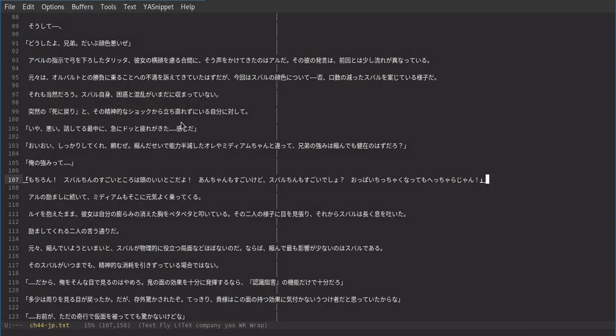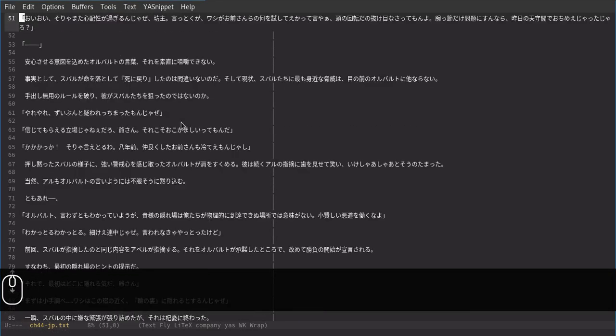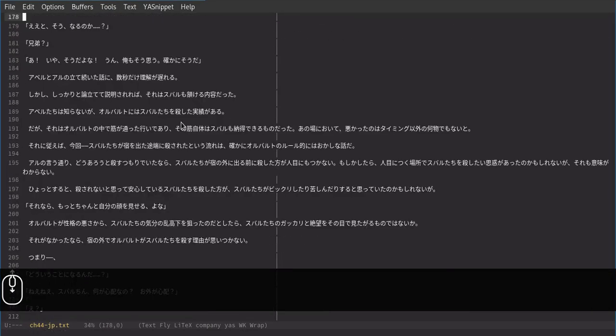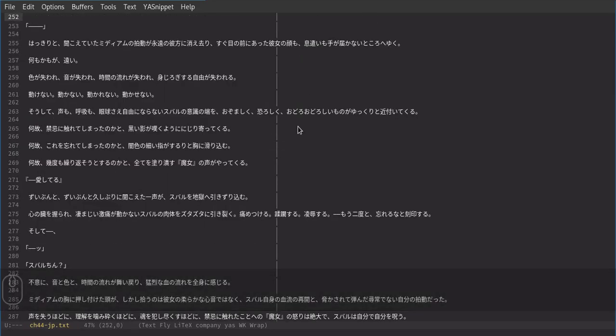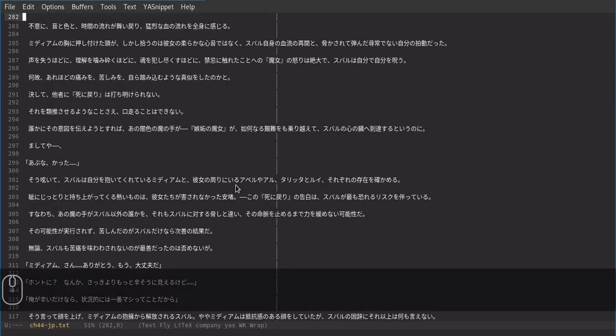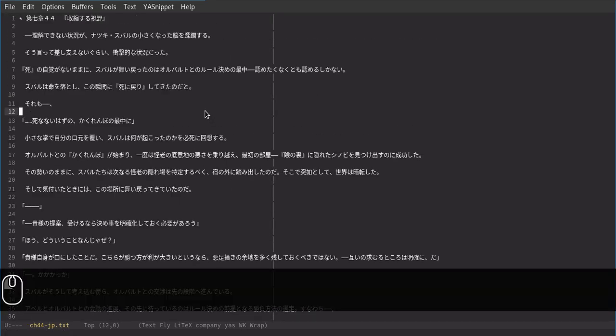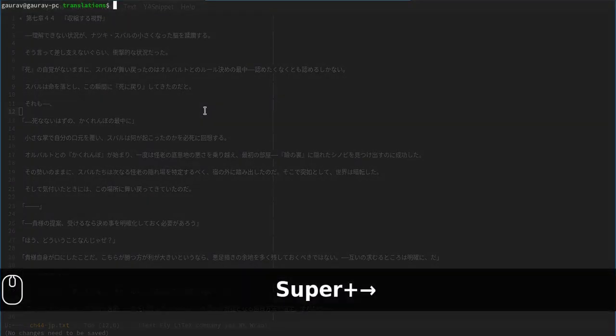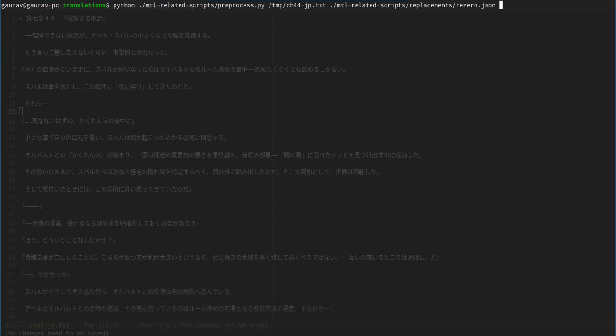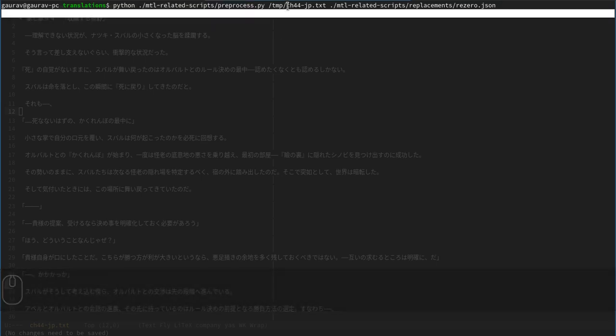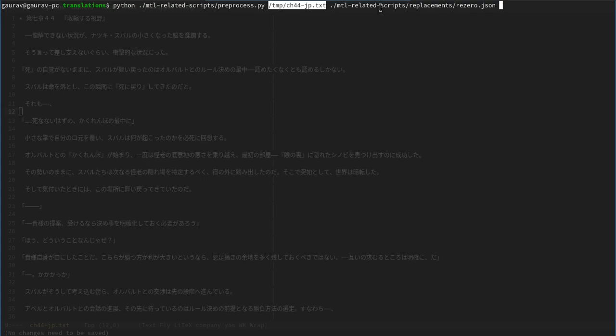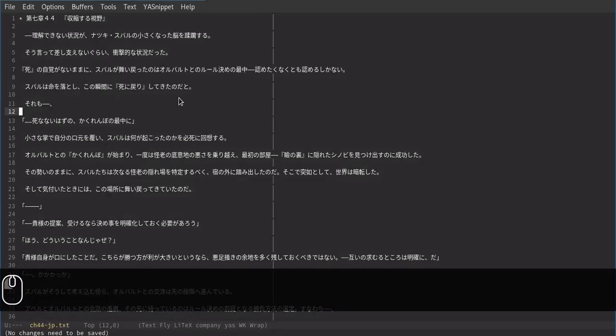When I have a Japanese raw text, I normally put it in a text file. Each line is separated by empty lines, so it's easier for me to sort and do stuff. So this is my MTL script, preprocess.py, and I can just pass the raw text, and then the replacement file will be something like